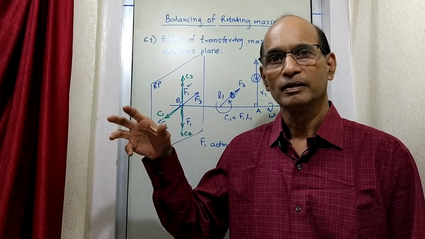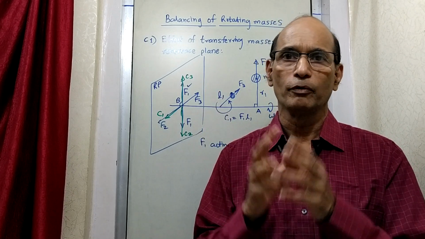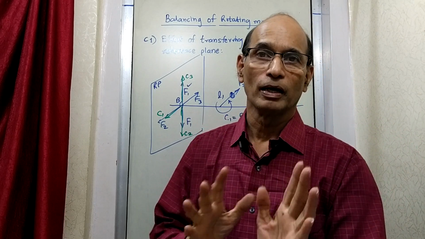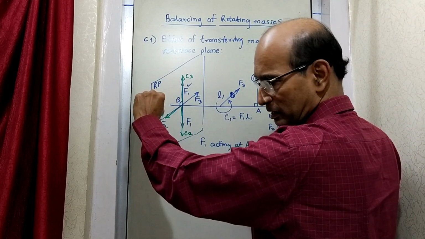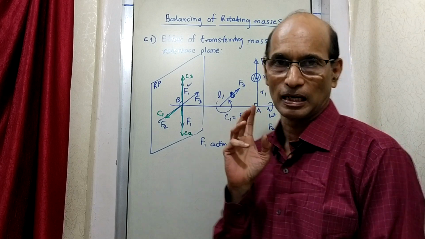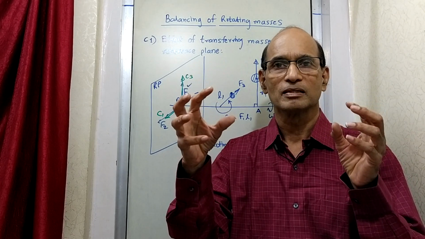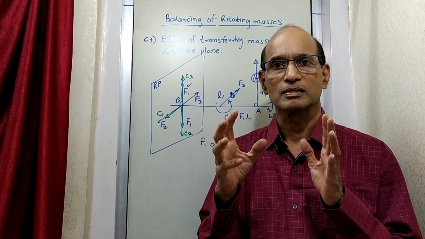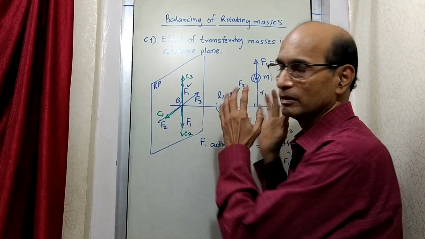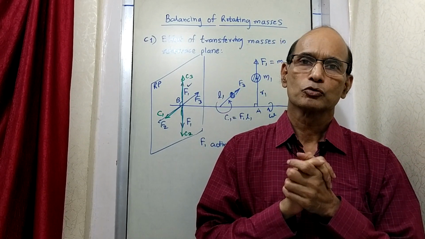Now we will go further ahead and try to see how this is done, because till the time we don't see how the physical masses are added, we will not get ourselves convinced. Finally, what we understand is there is a shaft which is supported somewhere and it is rotating. On that shaft there are 3 places where some masses are there. We want to balance, and for balancing somebody will suggest that these are the 2 masses which will balance if you keep them at a certain distance. So where will these 2 masses be located so that the 3 masses and those 2 masses, total 5 together, will balance the system? That is what we have to do.